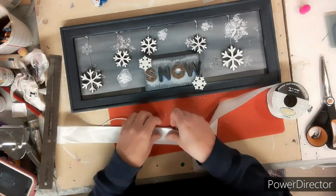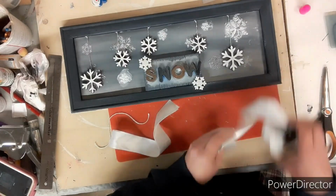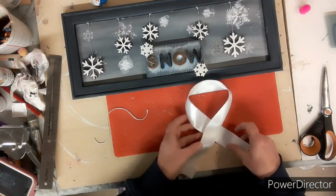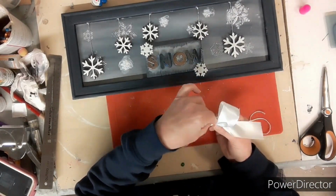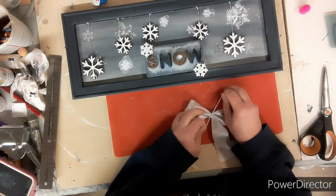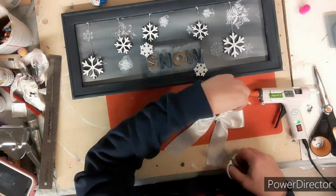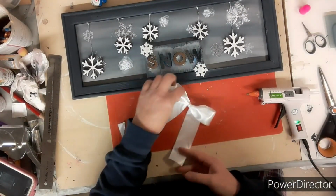Now to make a bow. I have this satiny ribbon. I don't know where I got it from. I cut off a piece, frame it into an awareness ribbon, scrunch it up into the center with my fingers, and then taking another piece of that nylon rope, I do a double knot and a little hot glue in between the 2 knots, and clip it off, cut my tails on an angle,